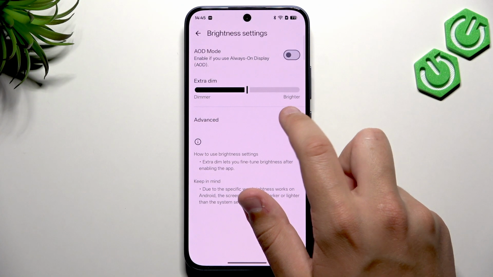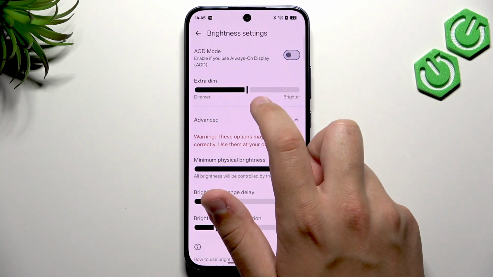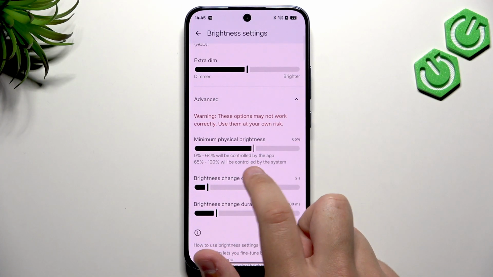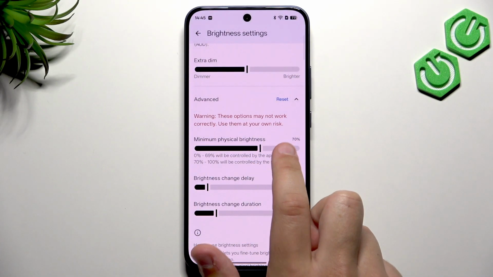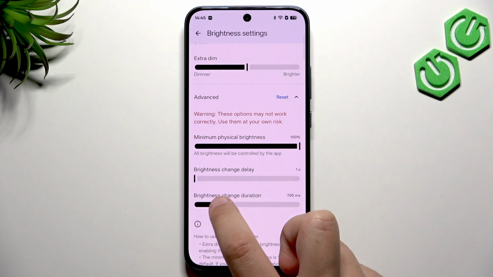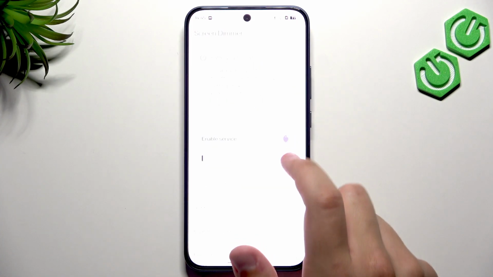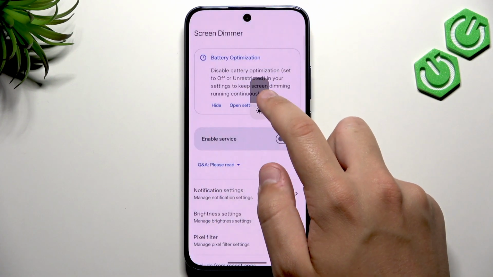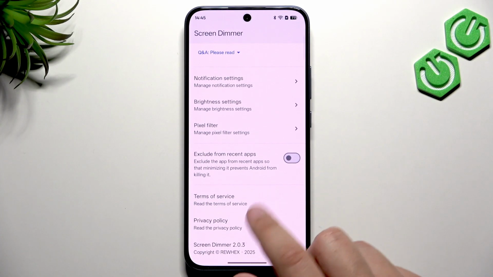So here we can change the extra dim to brighter or dimmer, totally up to us. And here we got the minimum physical brightness, which is controlled by the system and which is controlled by the app. We can see it. And of course we got the change delay and change duration. So now if you don't want to use it, you can just tap here, but make sure to adjust your brightness again. Sometimes it may be too low and sometimes it might be too high, so make sure to find that